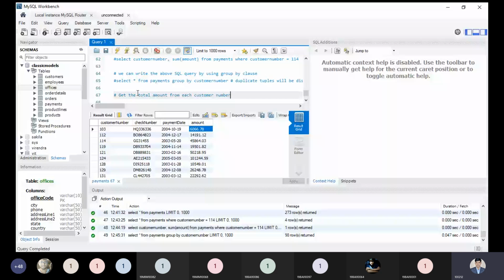No. Suppose we have 1,000 customer numbers, then we would have to write all 1,000 numbers again, applying the logical operator along with the logical operator. So at that time group by is applicable. Now how will group by help you? So select